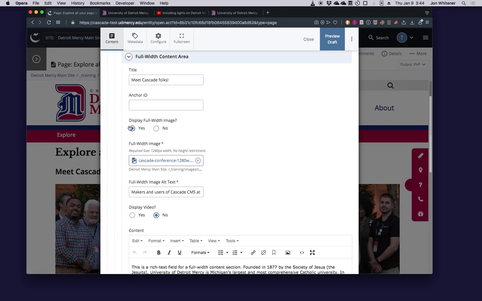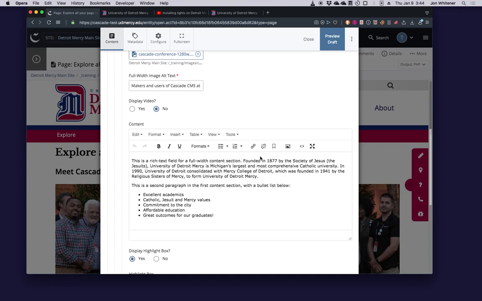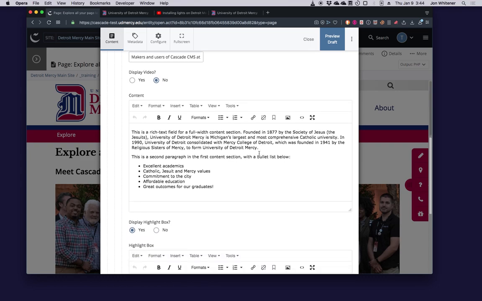Before we get to these things here, let's just go to the main part of the content section, which is labeled appropriately content. This, again, we covered earlier, is a rich text field or a WYSIWYG field, for what you see is what you get. And most of the content on any given page is going to be inside one of these elements. Again, look at the editing basics video for the introduction to these.